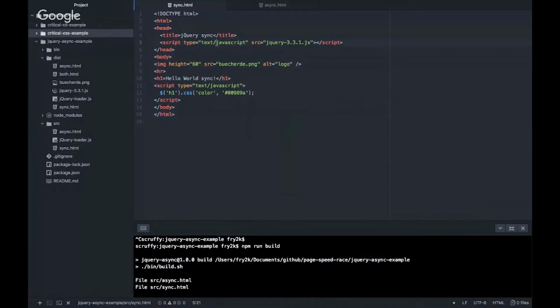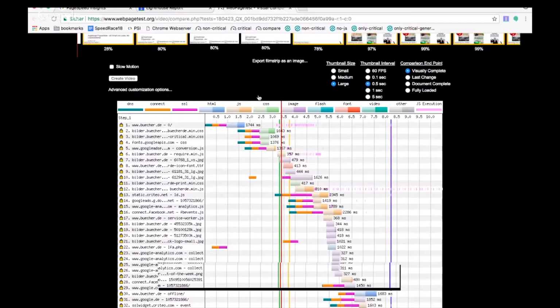So we have a synchronous script tag to jQuery. We include an image. There's a headline, and then we use JavaScript for changing the color. Okay, that's just an example. Normally we would use CSS for changing the color, but for demonstrating the jQuery delay, I used that one. So if you now go to the script,